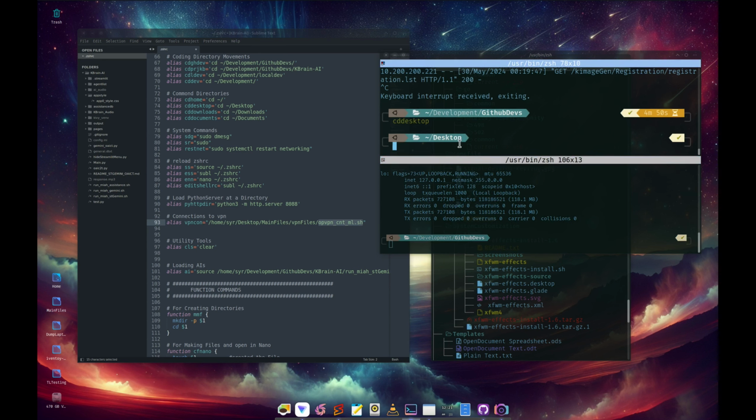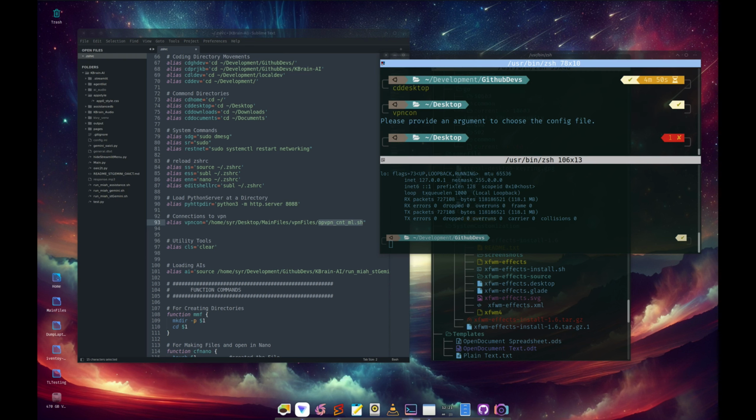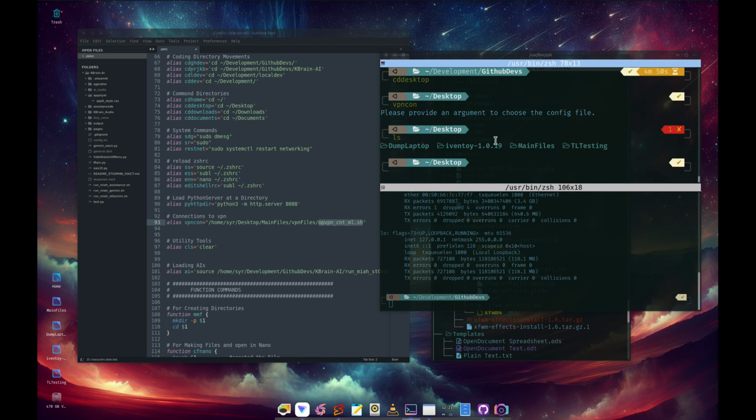If we run this VPN cron command, see, it's a known alias. Okay, oh, that is interesting. I forgot that I needed to write a compound. We'll get to the compound commands. The compound commands actually allow you to run a set of multiple commands together. Let's have a look. The reason this is not working is that we should be in